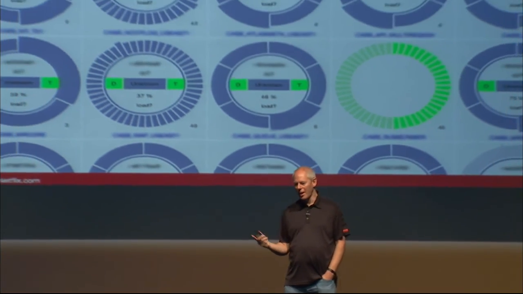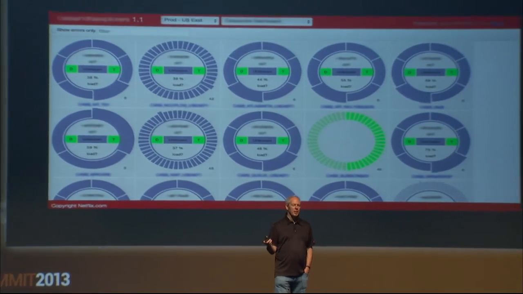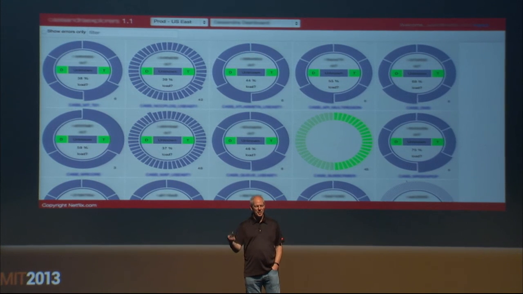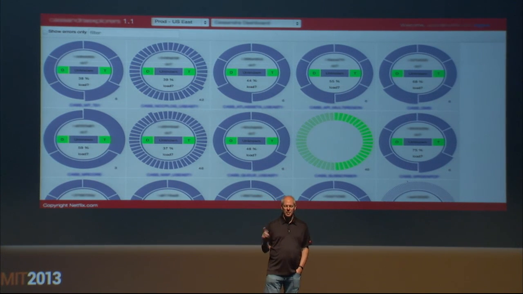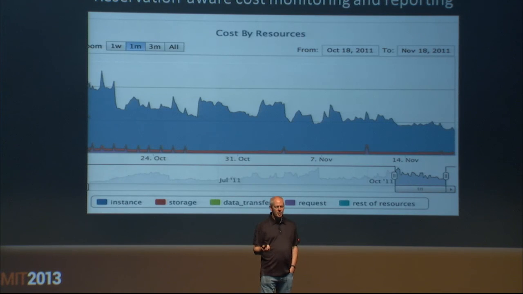We had this diagram, we showed it last year, a lot of people were interested in it. This is one way we visualize all our Cassandra clusters. Unfortunately, in open sourcing it, we cleaned up a bunch of things, and this is currently in the middle of being completely rewritten by Iran, so you have to kind of pigeonhole him over when he's going to have it finished. So this isn't currently out, but it'll be out as an update to the Explorers library. And with these, you mouse over it, you can see all the different clusters and what's going on. This is the Amazon usage tool, reservation-aware cost monitoring, basically. This will be out later this month.